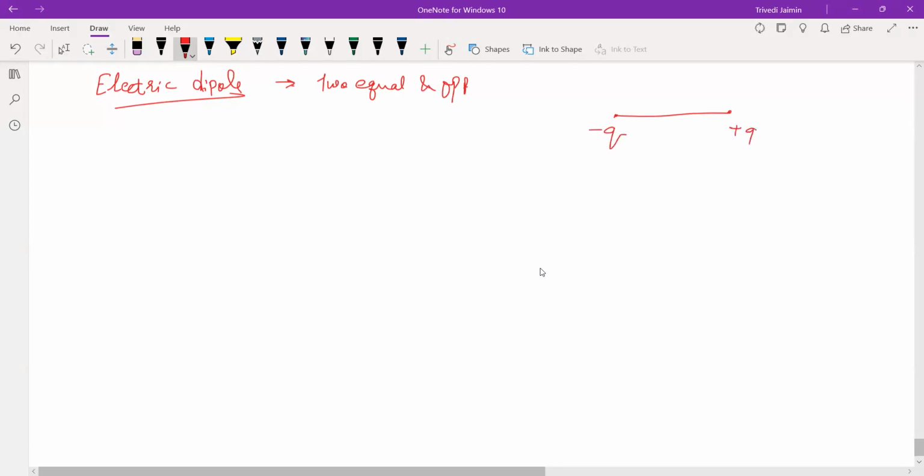Minus Q and plus Q, which are separated by a distance. The distance between them is 2L. Actually, this 2L will be very, very small. So there will be a moment of the dipole. So we will say dipole moment P is equal to Q